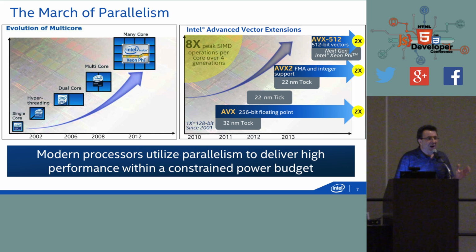So the architecture of all modern processors has shifted to parallelism, and this parallelism is at all levels. At the core level, it means you have multiple cores. At the vector level, it means an instruction can operate on multiple data at the same time. If you do not take advantage of these capabilities, essentially your performance is flat. The improvements in microarchitecture are very incremental. So if you want Moore's law to stay alive and going forward, there has been a